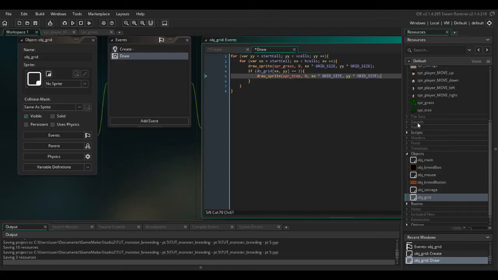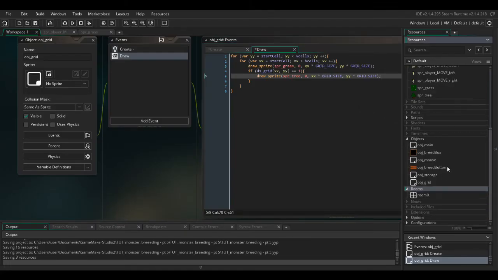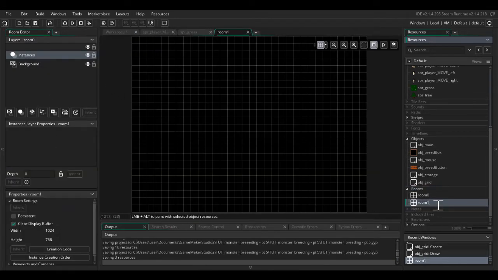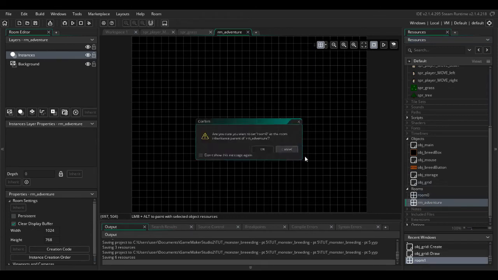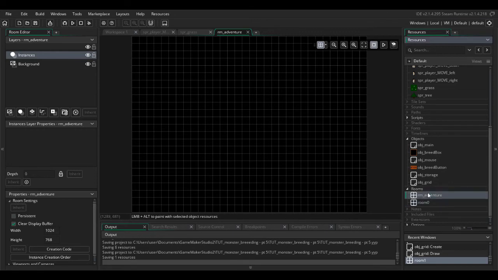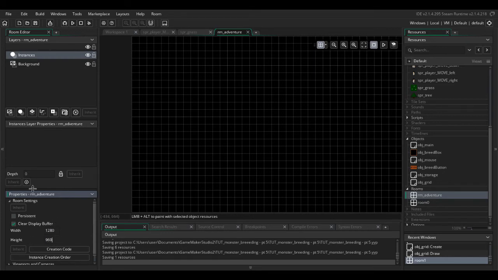Now we need to create the room. So create room. We're going to call it RM adventure. We need to drag it to the top, so this will be the first room that loads, like that. And I'm going to have my room be 1280 by 960,